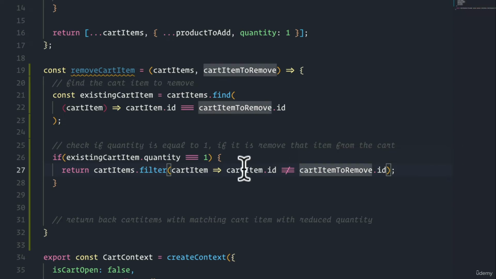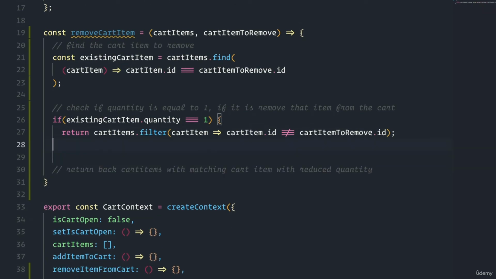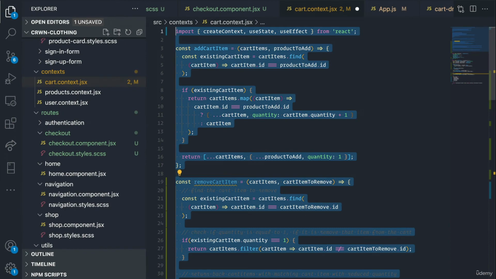That makes perfect sense. We only want to remove the value where the cart item ID is equal to the one we try to remove. So that's how filter kind of works in reverse here, or at least it seems a little unintuitive the way that we've written it. But now, once we have removed out when quantity is 1,